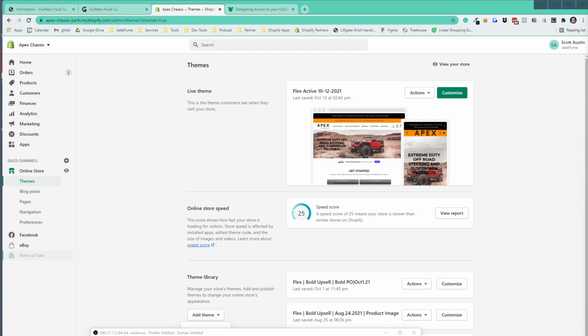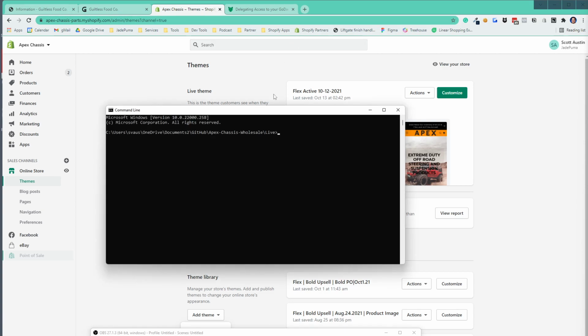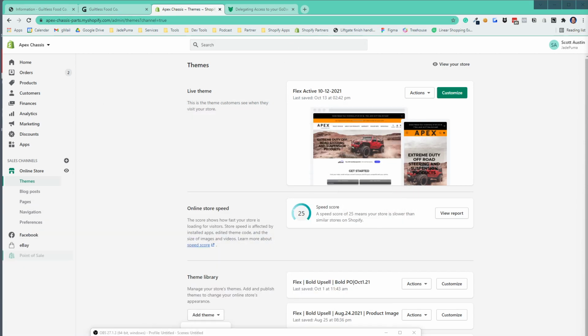So here is the command line interface, just a shortcut. It opens up the command line interface in the current folder, and when I type in the command theme, and this assumes that you've got ThemeKit installed on your local computer, which is a separate process I assume you've already done. If I do theme download,